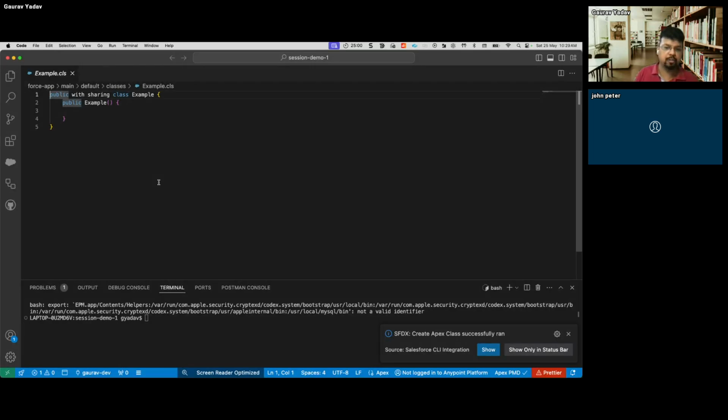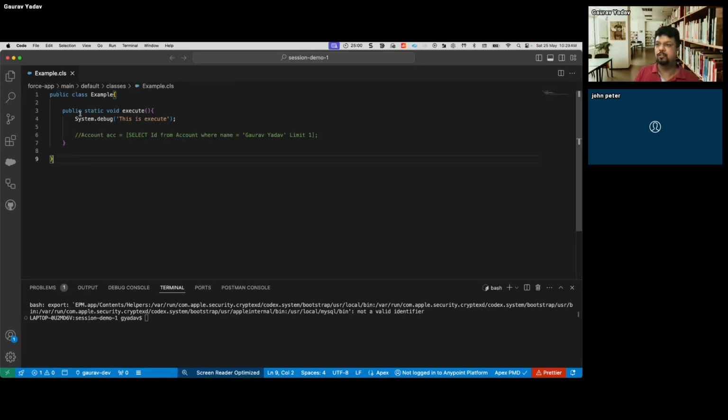Okay, so here we go. Here is our first Apex class that is being created. Just so that we can utilize our time very effectively, I'm just copy pasting the code from my sample project. We have created the Apex class named Example, and a public static method execute